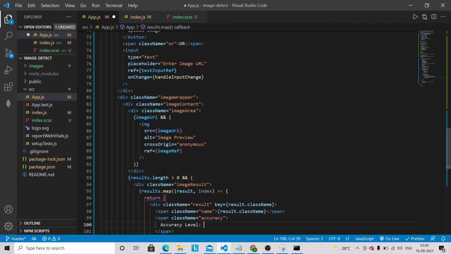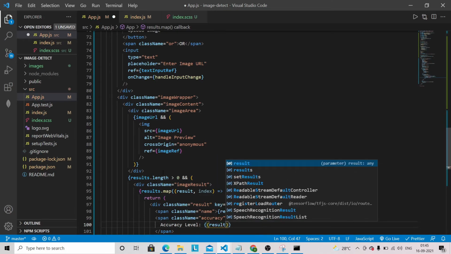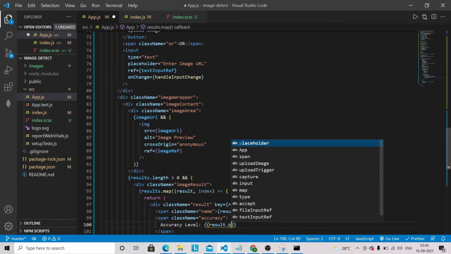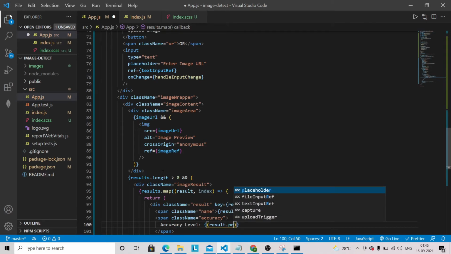Here we have to do some basic mathematics: result.probability, so basically we are converting into digits.